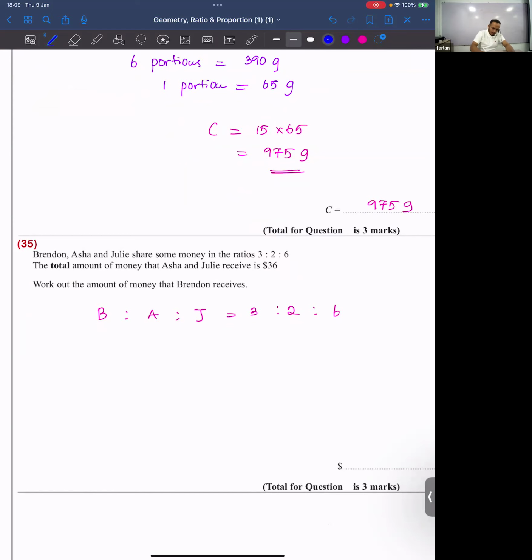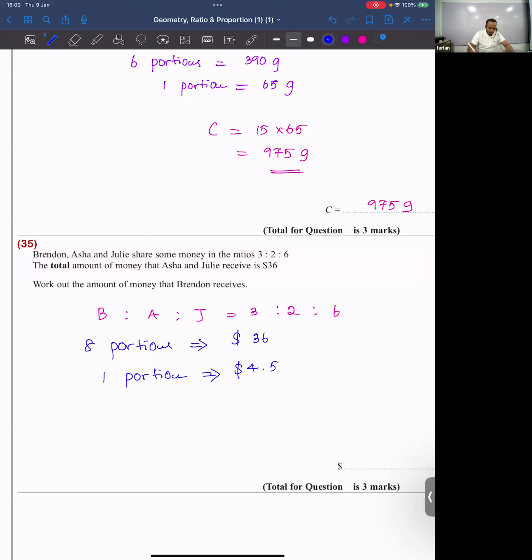is $36. Asha and Julie get 2 and 6, in total 8 portions. So 8 portions is $36. Am I right? Asha gets 2 portions, Julie gets 6 portions, that is in total 8 portions, equal to $36. So that means 1 portion is how much? 36 divided by 8 is